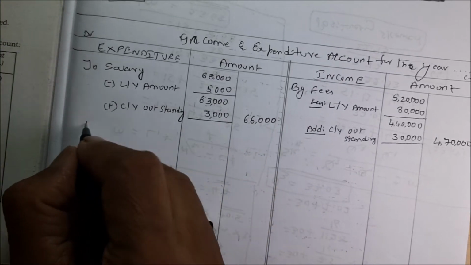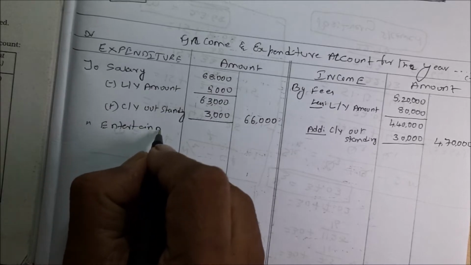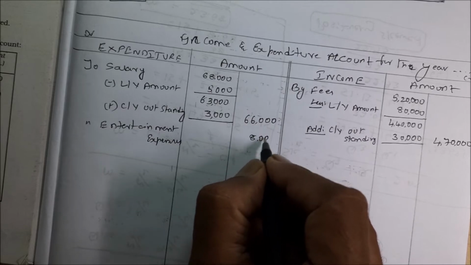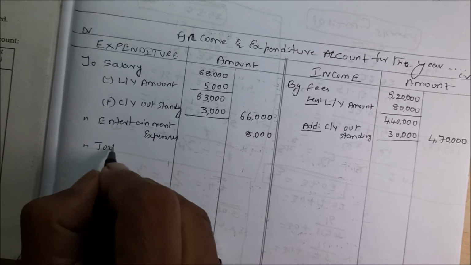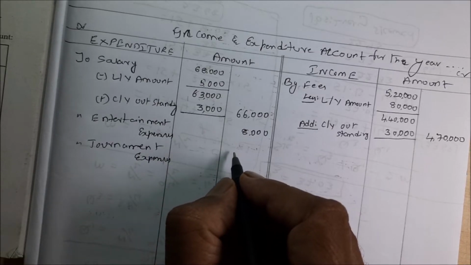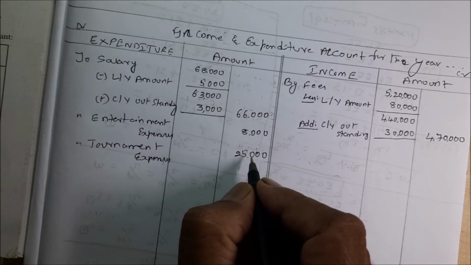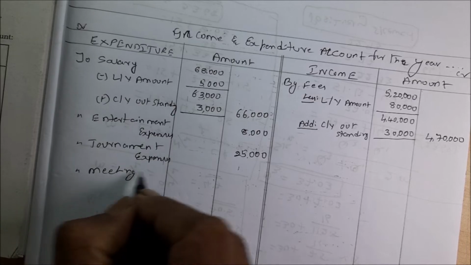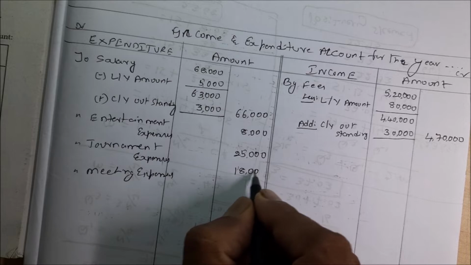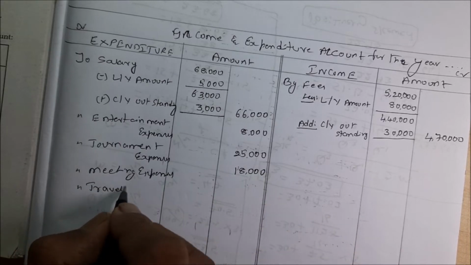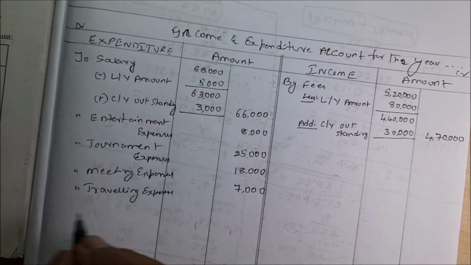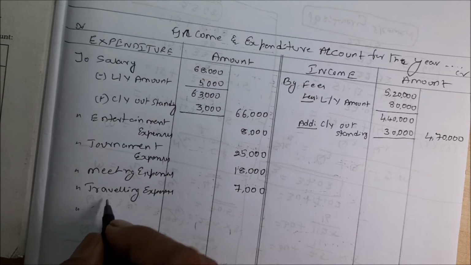Next item is entertainment expenses. So, to entertainment expenses 8,000, to tournament expenses 25,000, to meeting expenses 18,000, to traveling expenses 7,000, to periodicals,